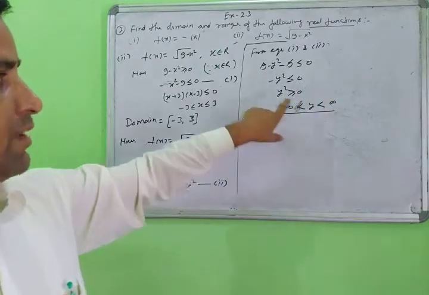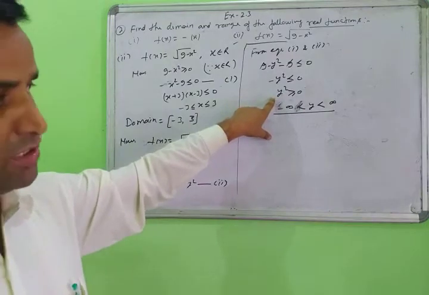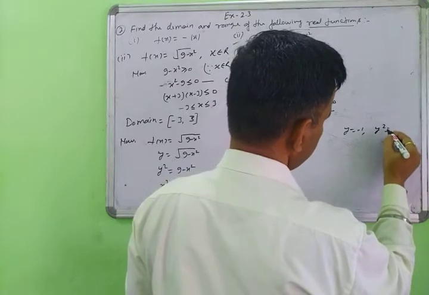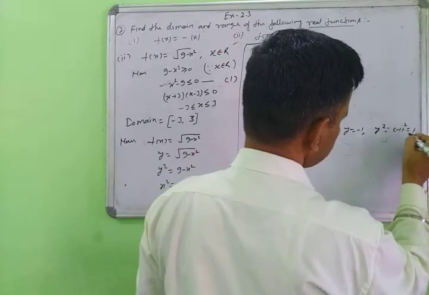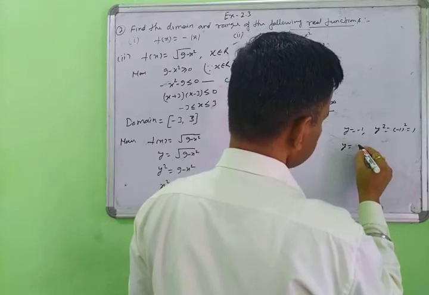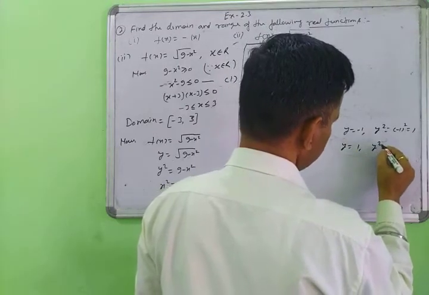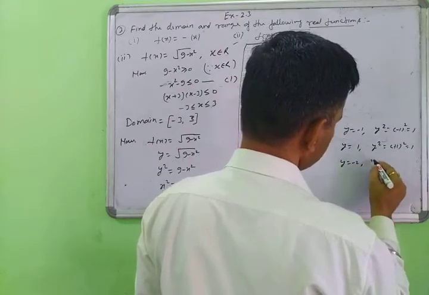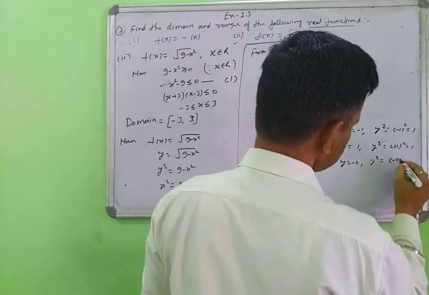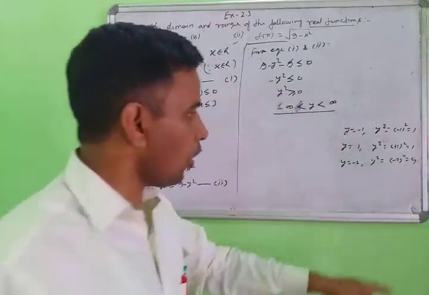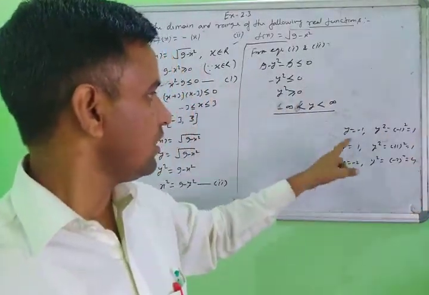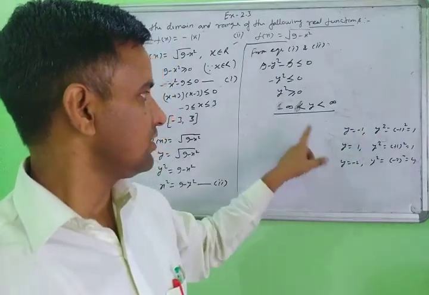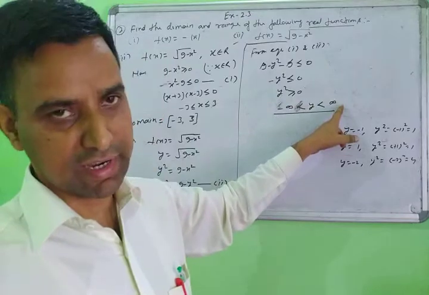How is it possible? y square always comes out positive. Suppose you put y equal to minus 1. What is y square? 1 squared is always 1. Suppose you put plus 1, then y square equals 1 squared, which is 1. Suppose y equals minus 2, then y square equals minus 2 squared, which is plus 4. So this will always come in the positive form. Means you are putting negative and positive values, all values here. It means minus infinity to plus infinity.